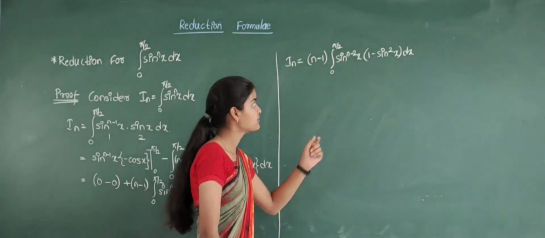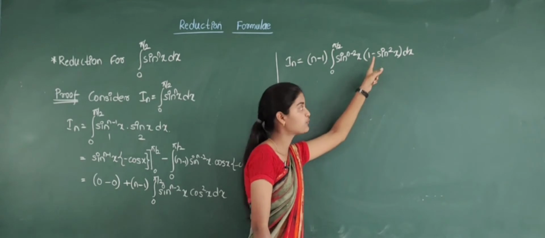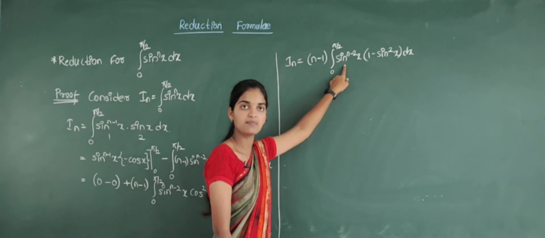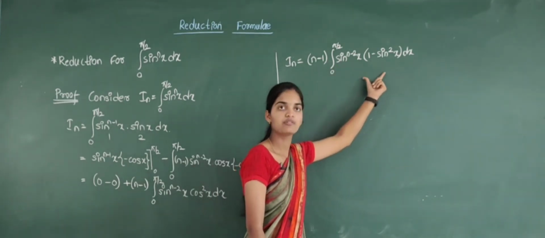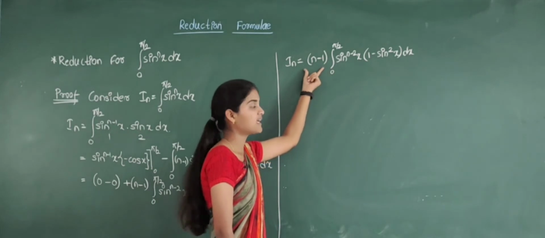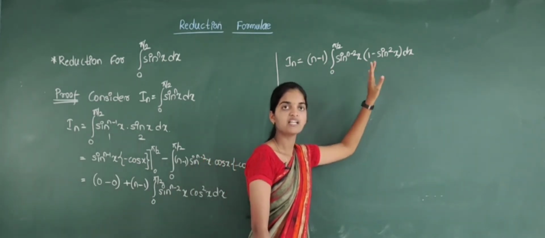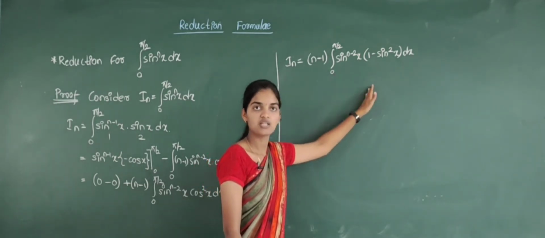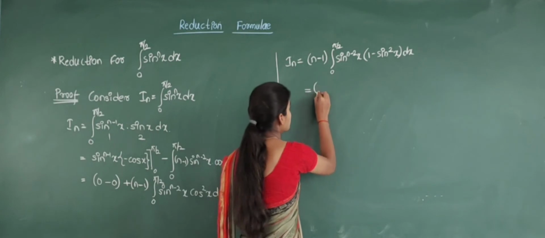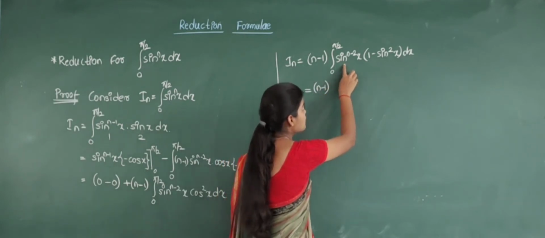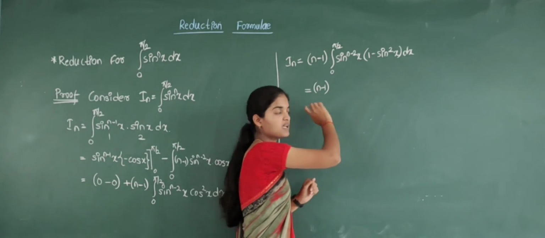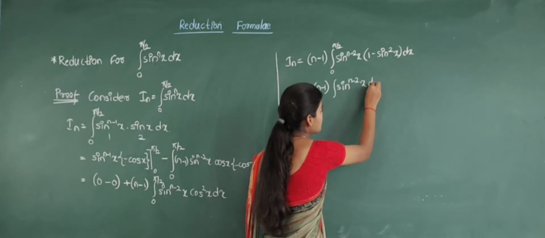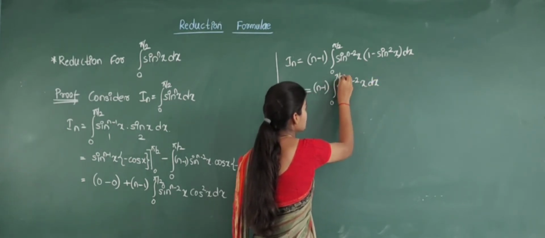Now we will multiply this term inside, that is, for 1 we will multiply this term, and again separately for the other term also, sin raised to n minus 2, applying the linearity property of integration, and then multiplying n minus 1 for both the terms. I will write all that once again. So see here what we get: n minus 1, the first term is sin raised to n minus 2 x into 1, and that integration means the remaining is only sin raised to n minus 2 x dx. Integration is from 0 to pi by 2.